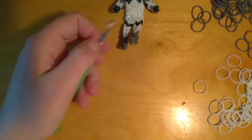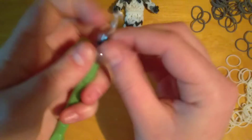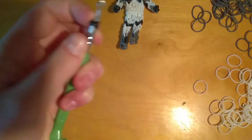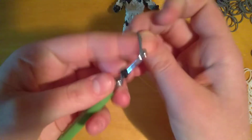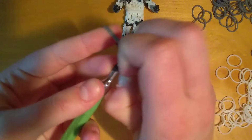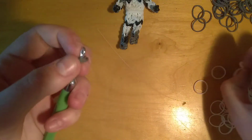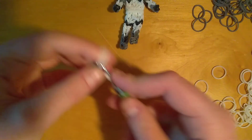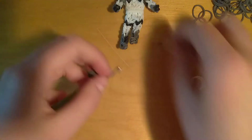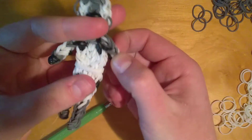So we'll do this on our hook as well. Same idea. So we're starting out with a black one. We'll wrap this around so that there's 4 loops. And then you're going to pull a pair of gray through. So on your finger, around your hook, slide your gray on. So there's 1 gray, and then we'll do 2 white. So there's our gray, white, and then this white one we're going to add this little elbow piece that I